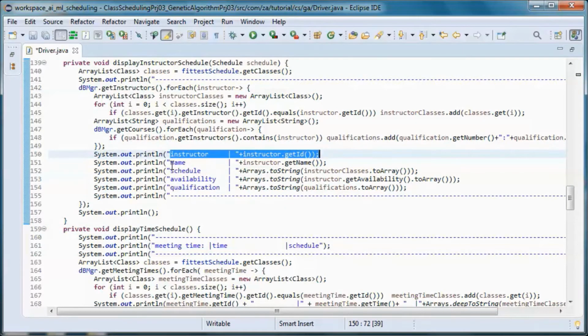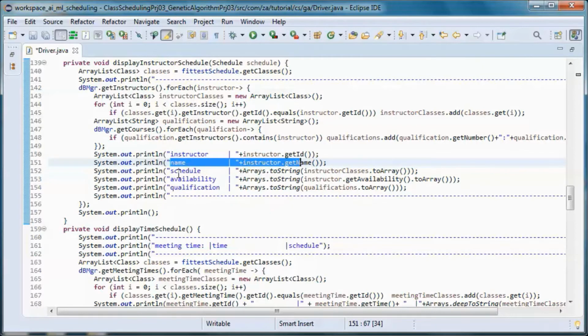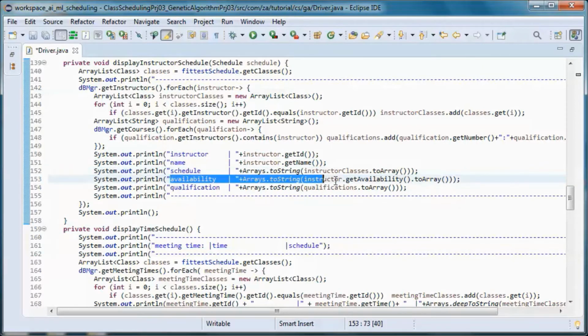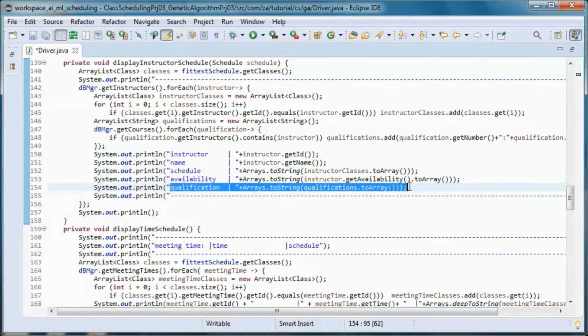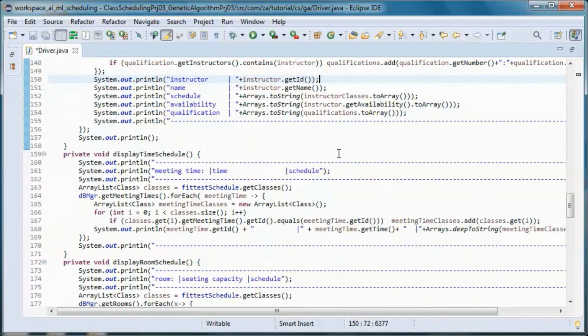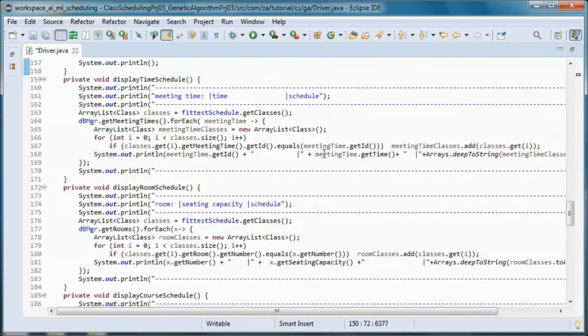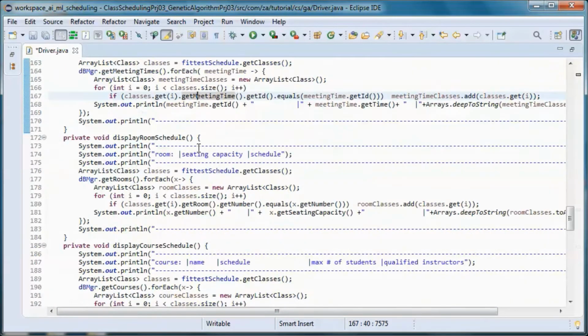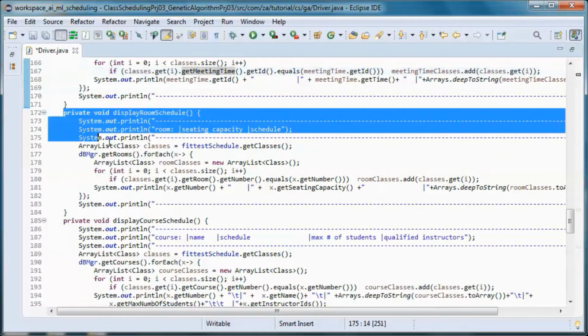So their ID, their name, and the schedule, and their availability, and what courses they are qualified to teach. And this is display code, same.